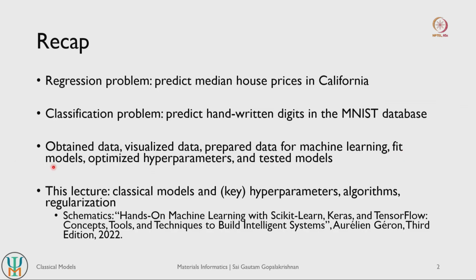So we looked at several ways of preparing data for machine learning, and we did fit several models. We looked at linear regression, decision tree, random forest, support vector machine, and in the case of classification we looked at KNN, k nearest neighbors. We also looked at stochastic gradient descent classification and so on. So we have already looked at several different models. We also looked at how to optimize hyperparameters using either a grid search cross validation or a randomized search cross validation score. And we also tested our models. In the classification task we did not really test the models very rigorously, but in the regression task we did examine how the models perform on a test set.